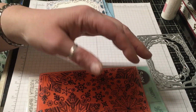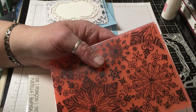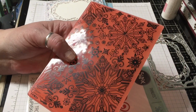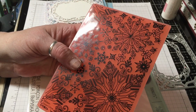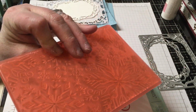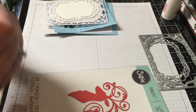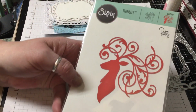I can't find what I did with the packaging for this when I took it out, but this is a Sizzix die. It's an Ellison Sizzix die, and it's a snowflake, and this is one of the thick 3D embossing folders. This is so gorgeous, you guys. It is so pretty. So I've used that, and I also used this die,